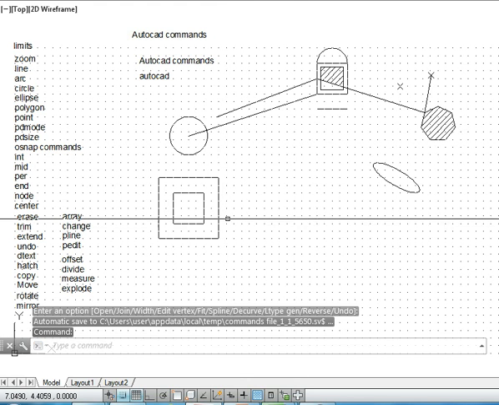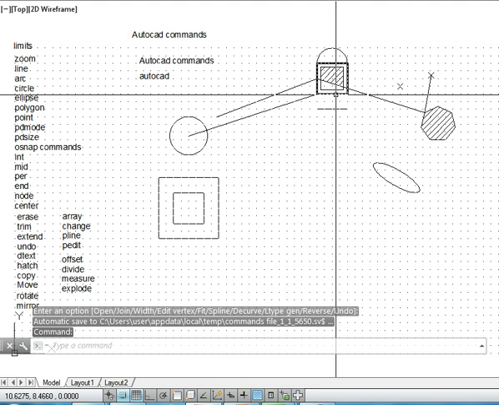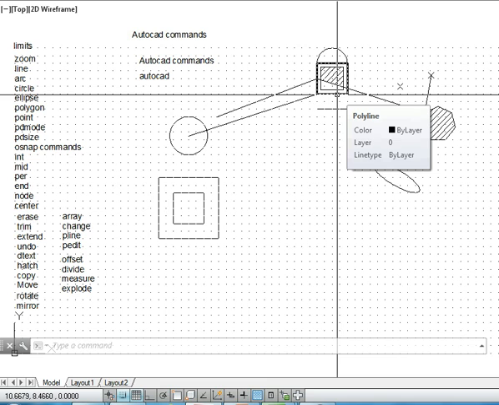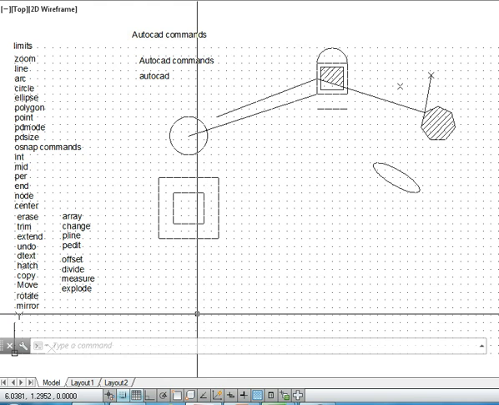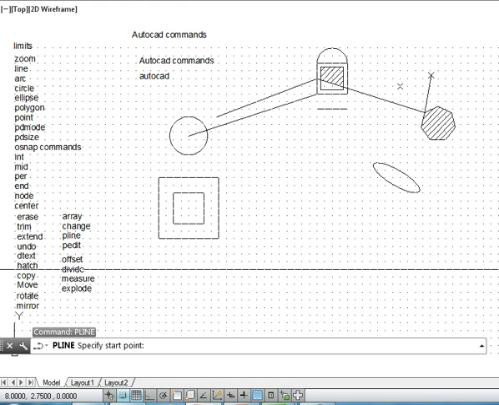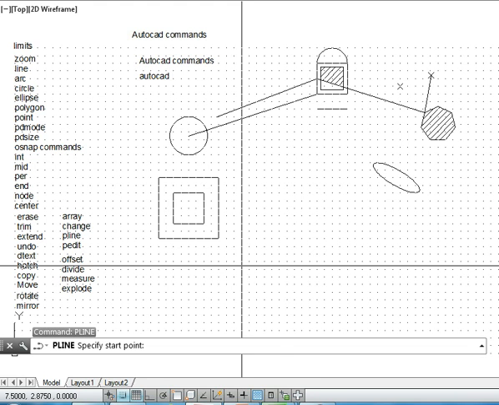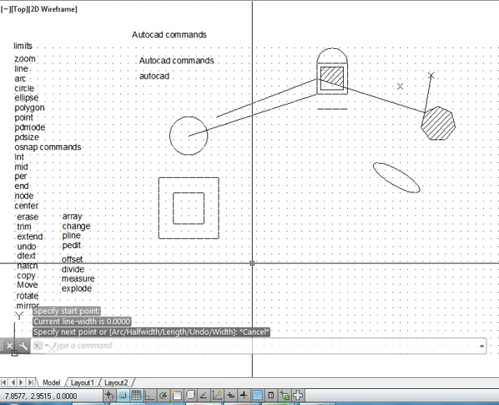Now if I come out of the command prompt, I see that the whole square becomes a single entity. So I now have the option of converting different entities into a single entity, and vice versa. Now the other use of the PEDIT command also will be demonstrated, but before that,